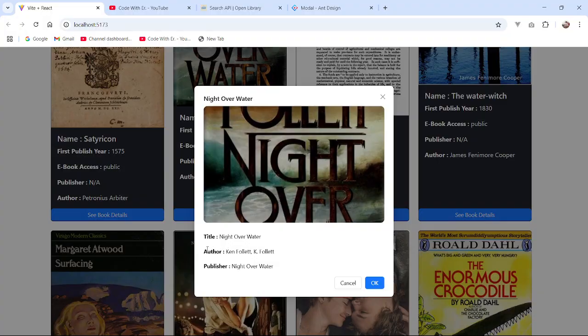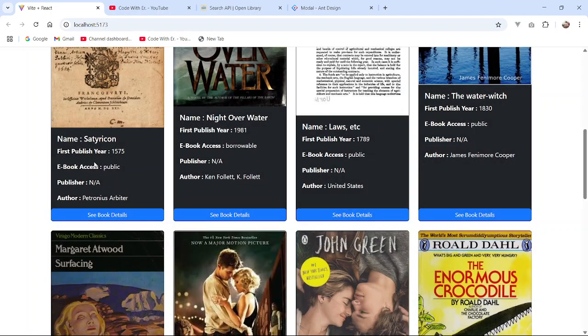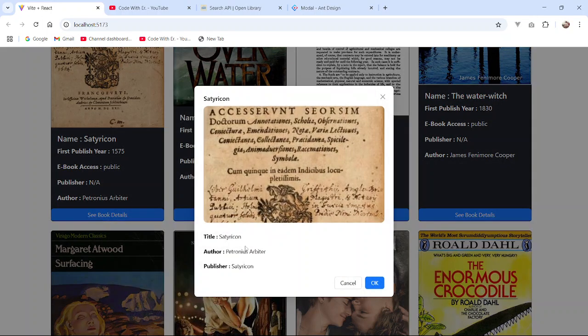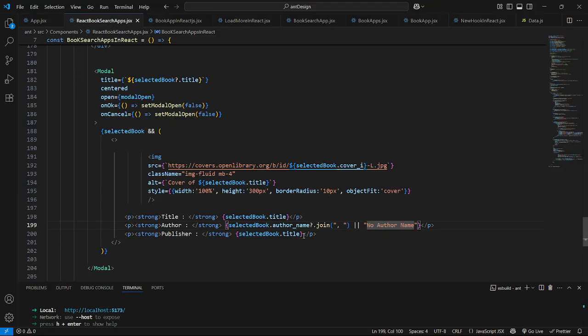Save the file, have a look in the browser, see book details. You can see here the author name is here. Okay, you can see here the author is the Petronius Arbiter. So you can see here the author name is also here. Okay, so close this, and now inside the publisher we will say here